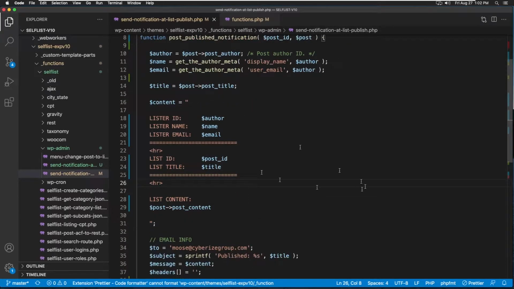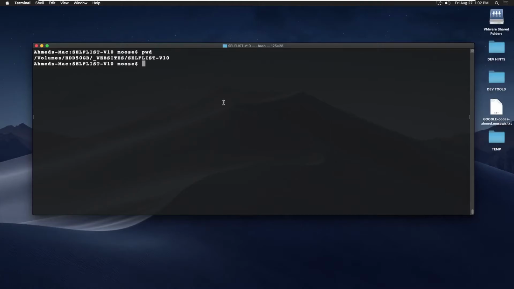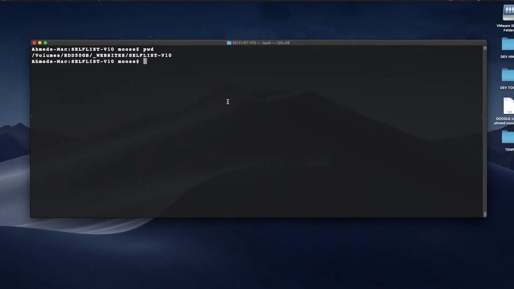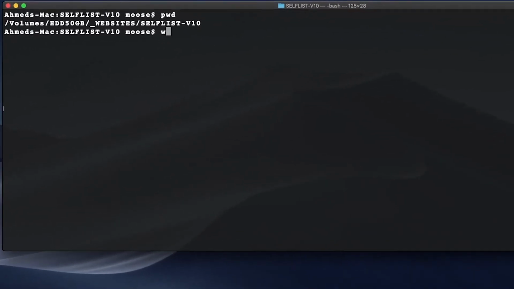And since I'm writing this locally, I'm going to have to sync up with my remote system, which is capable of email, because my local system is not. So let's do that. I'm right here in the folder, and I use an excellent tool called WordMove,